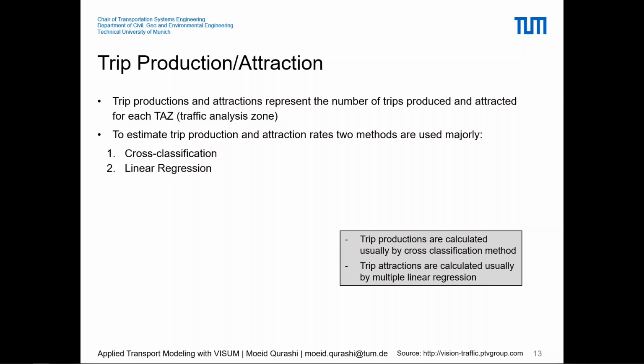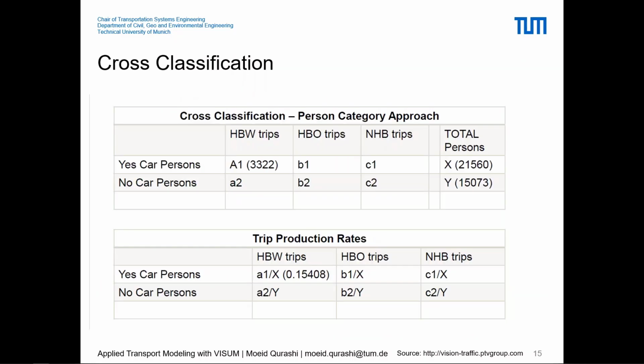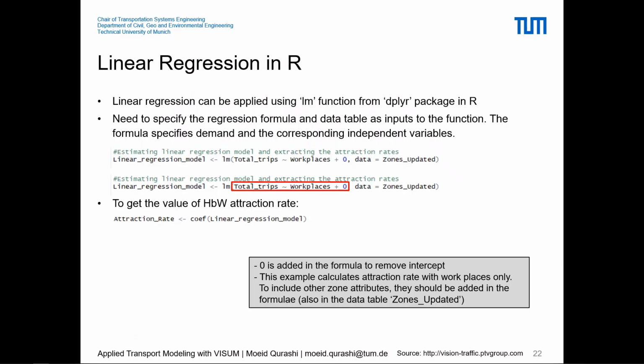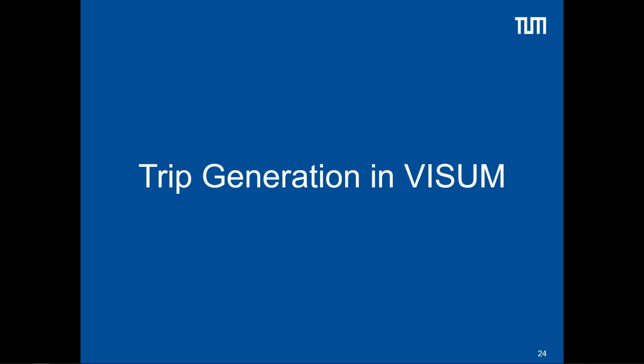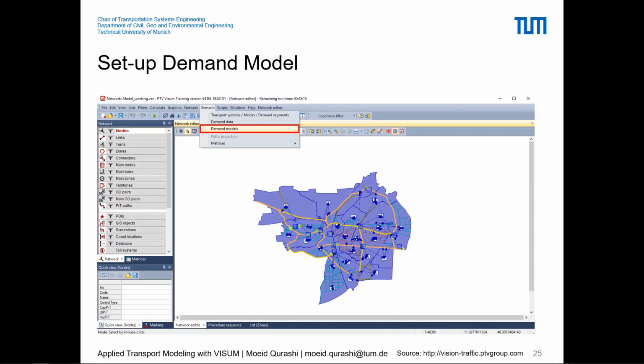So we already have the network and the spatial zones on it. The zone shapefile is already loaded. The next thing that we'll add is all the zone attributes for these 24 zones, and we will also create a procedure sequence for the trip generation, and within that procedure sequence we will input all the production and attraction rates that we have just evaluated. And to start with Visum, first,